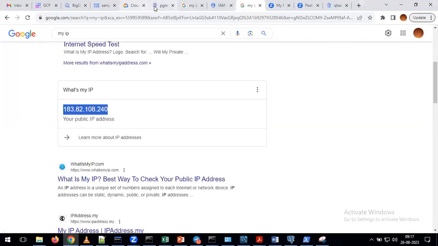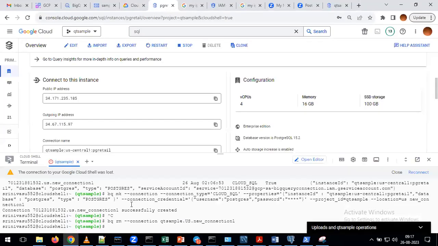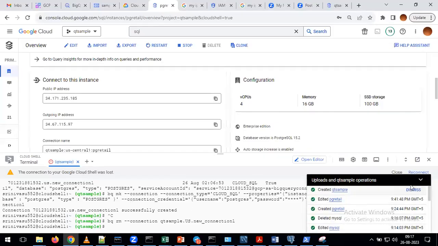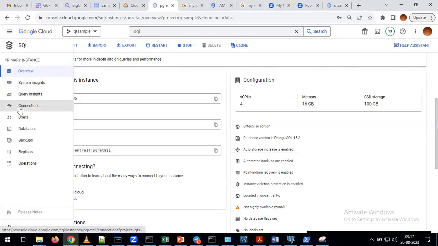Now, please go back to your Cloud SQL console. Here you can see the option called Connections on the left side. Please click on that.